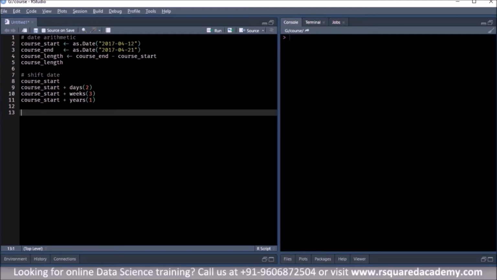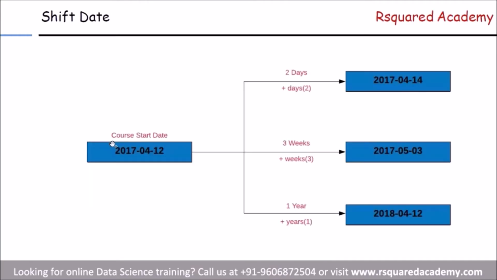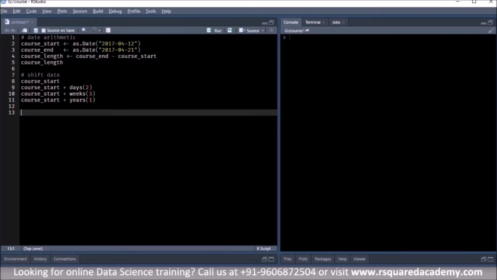Now what we'll do is we'll quickly go to the case study, right? So you remember the case study that we initially talked about, where we had the invoice data, the due date, and the payment date. So for a set of invoices, we have the date on which the invoice was raised, the date on which the payment against that invoice is due, and the date on which the payment was actually made. So we looked at that. I'll come back to that case study here and we'll try to answer a couple of questions.